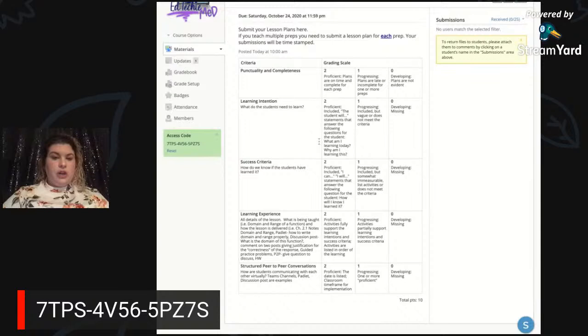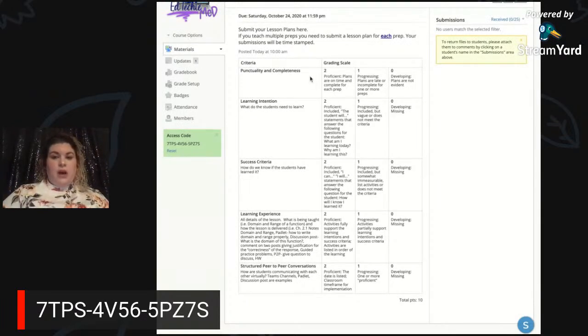You'll notice that we tried to model what is similar to the student learning objectives, which is developing, progressing, proficient, and then there's also the advanced level. Well, we just stayed at the proficient level, but in here we've got punctuality and completeness. Of course, are they doing all the different days that are needed?